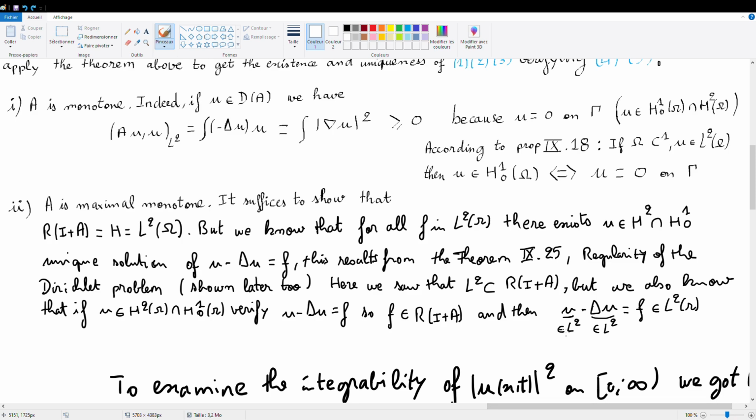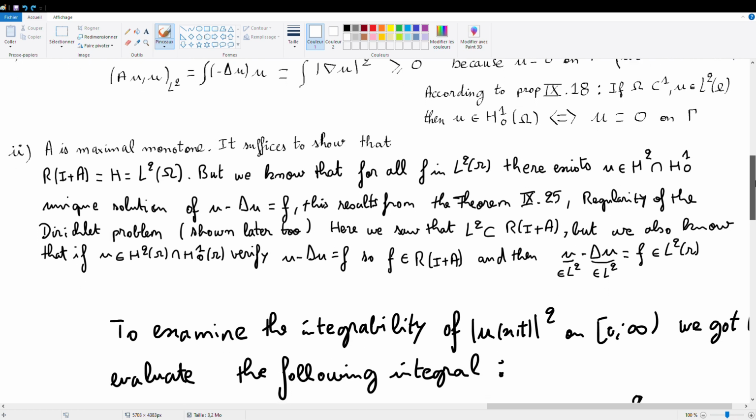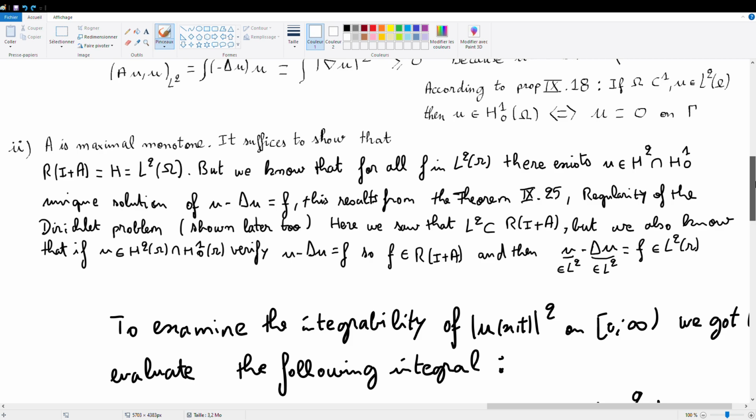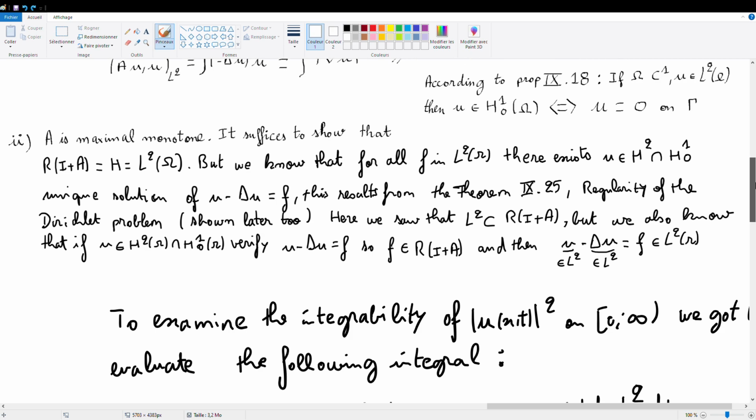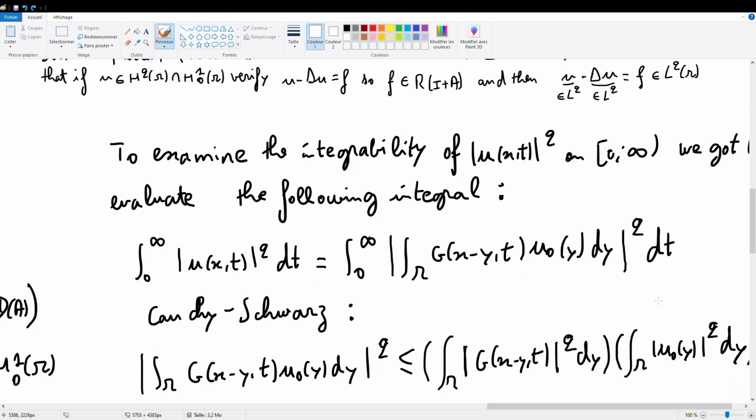Here we saw that L2 is included in the range of I plus A, but we also know that if U is in the intersection and verifies U minus Laplacian U equals F, then F is in the image, and U minus Laplacian U will be in L2 because U is in L2 and Laplacian of U is in L2. To examine the integrability,